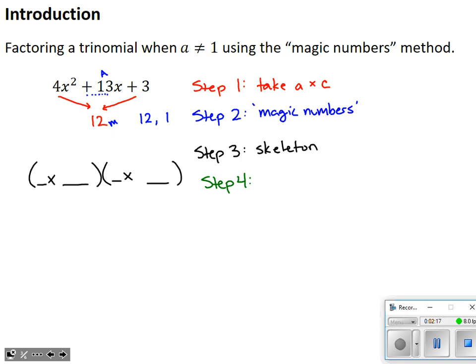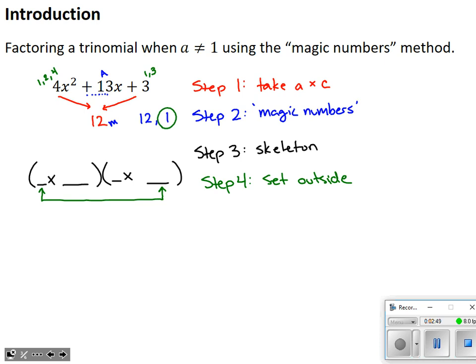Okay? Step 4, I call it set the outside. In other words, we're going to set this outside in our quote-unquote FOIL process. We're going to use that to arrive at our factors. So to do that, I need to think, what could multiply into a 4? What are the factors of 4? Numbers that divide it cleanly, 1, 2, and 4. Also, what are the factors of 3? 1 and 3.